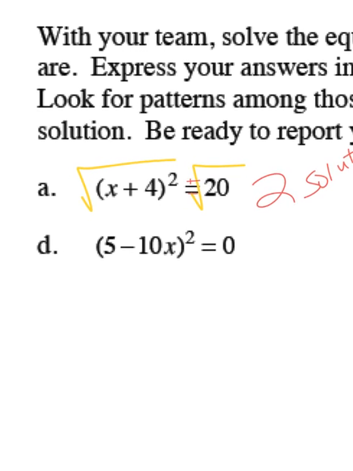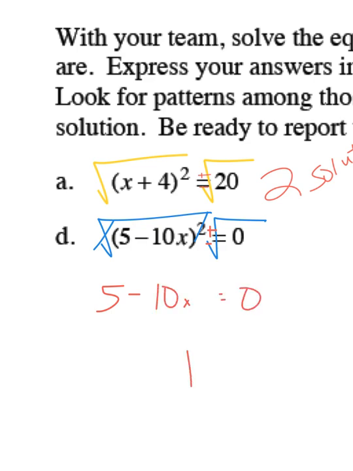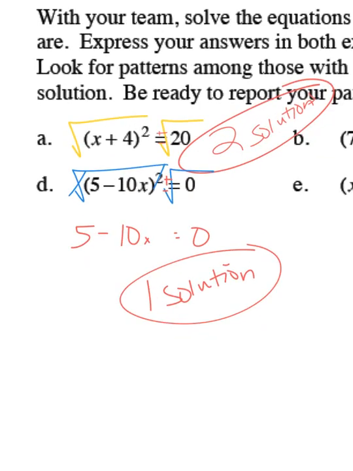If we look at problem D, here if I square root both sides of the equation, the squared and square root cancel out, but the square root of 0, there's no such thing as positive 0 and negative 0. They're both 0. So no matter what, this is only going to have one solution. 5 minus 10x equals 0. And I would solve for x. One solution. Meaning only one x-intercept on the graph